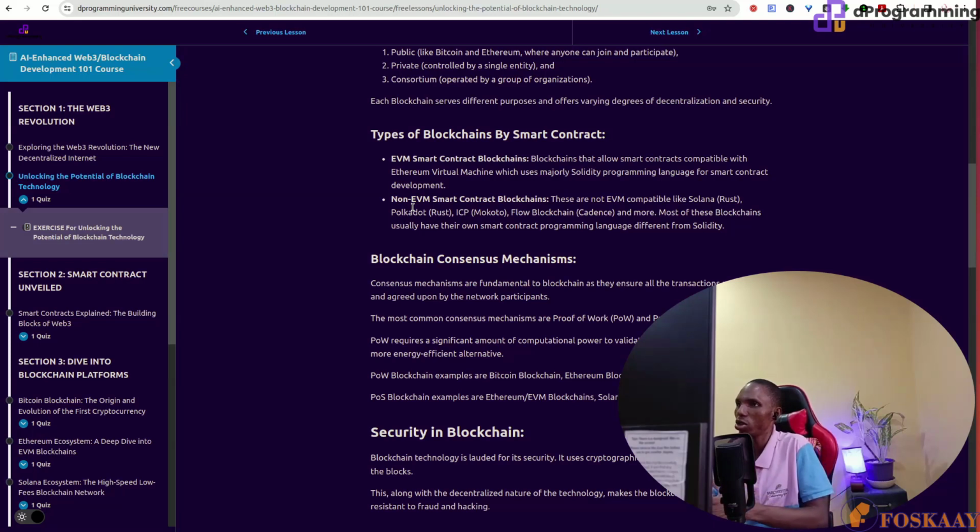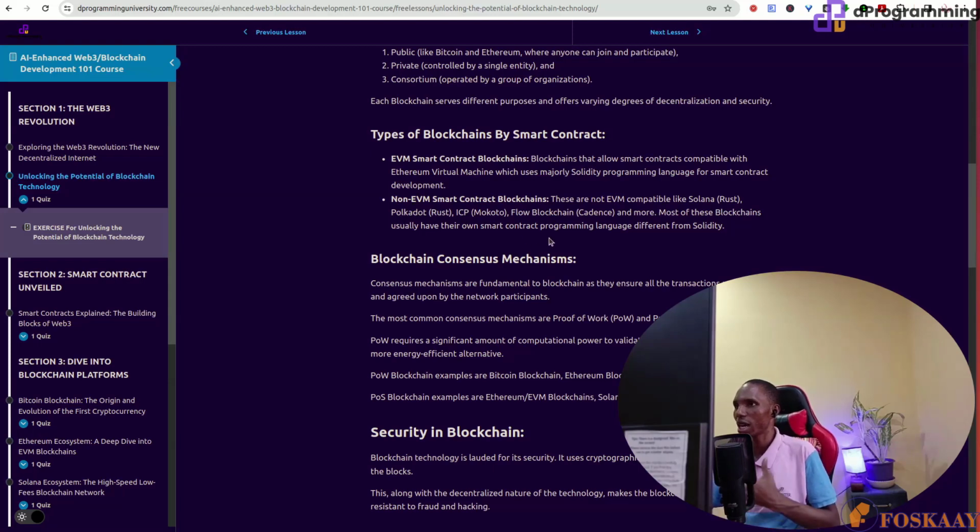All these blockchains usually have their own specific smart contract programming language. Like Solana uses Rust majorly, though it's now open to Solidity. That's one of the reasons why it was featured here in this course, so that you can know the benefit. Because the main thing we are focusing on, at least for now on DPU, is Solidity. So in future we can expand to others, but at least for now, because it has a lot of advantages learning it as a smart contract developer.